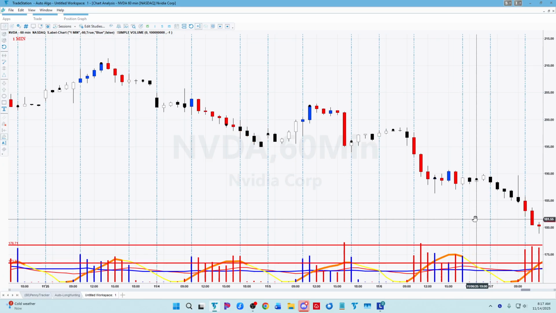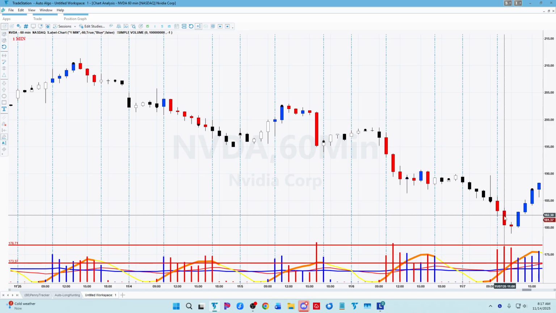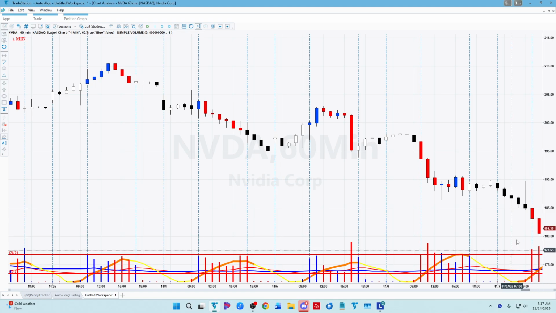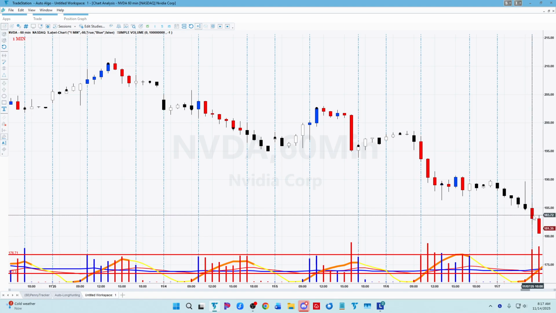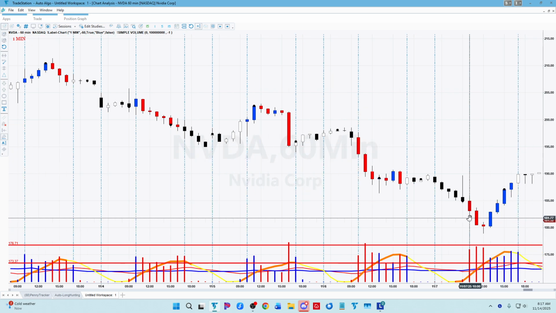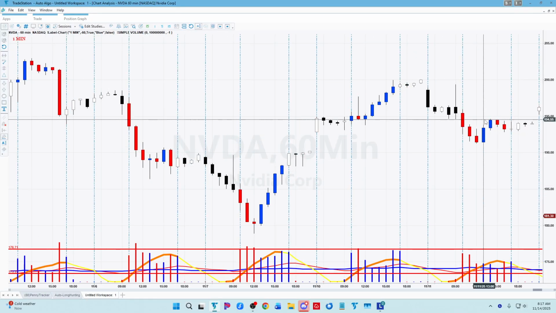As you keep moving over, it turns out it wasn't the lowest low. And so again, you can't look into the future to know that this bar is the lowest of these 1, 2, 3 bars, not right here, right? You don't know that it's going to be the lowest of the next 3 bars. Okay, so when you do take a trade,